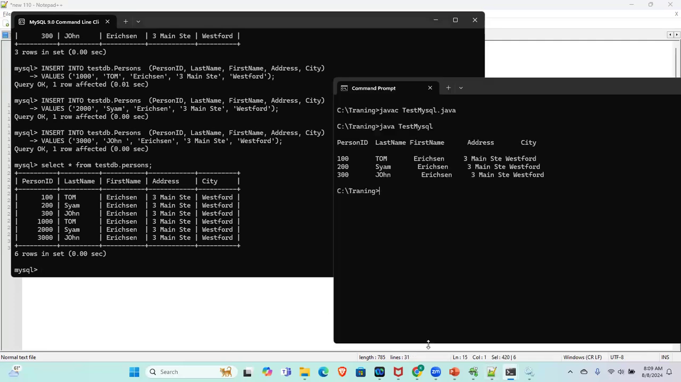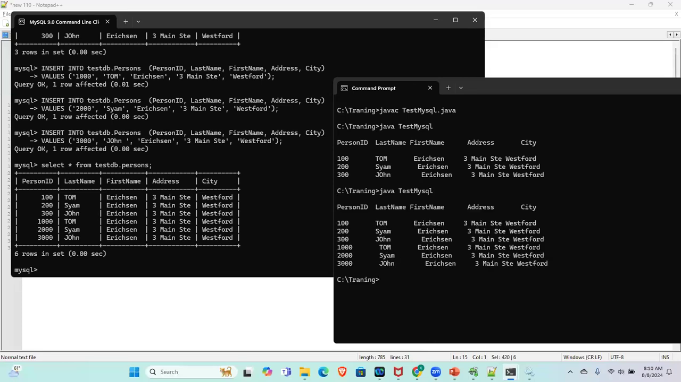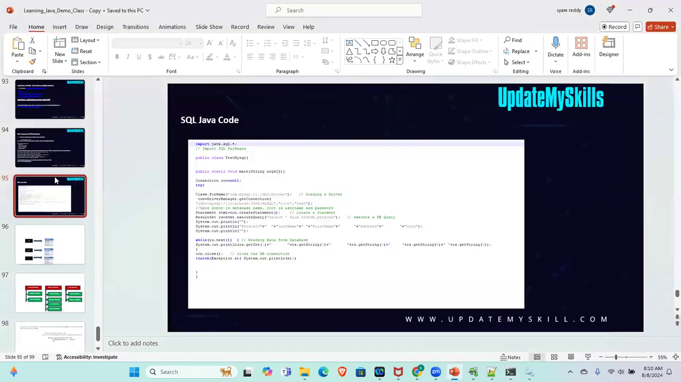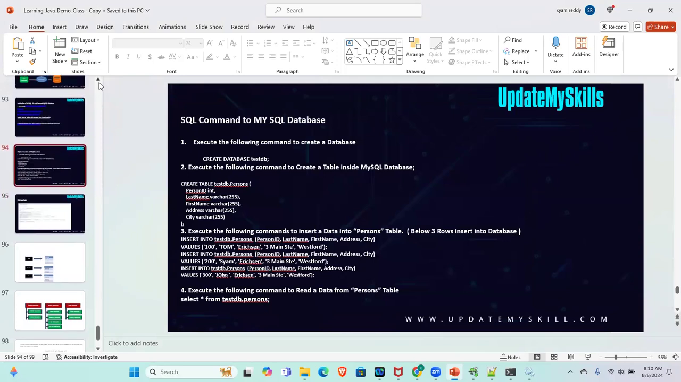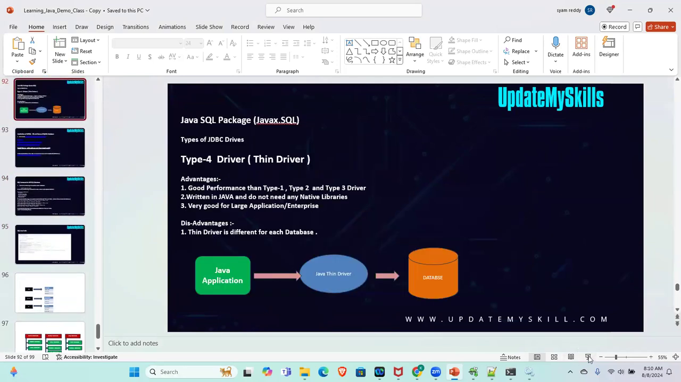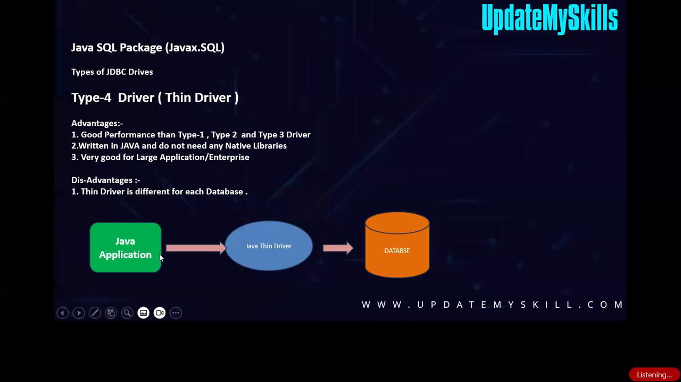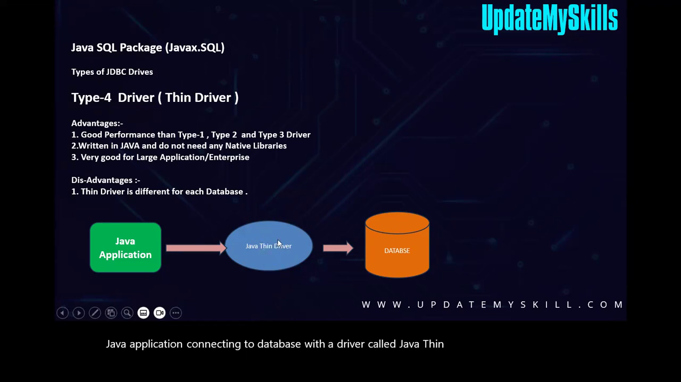Now, if I go to my code here and run my Java code again, I should get those 6 rows back here. So my Java code is fetching the same data from the database. It means that in the demonstration of the drivers we talked about, we have implemented a Java application connecting to the database with a driver called the Java thin driver. We downloaded it from the MySQL database, because whoever manufactures the database gives a